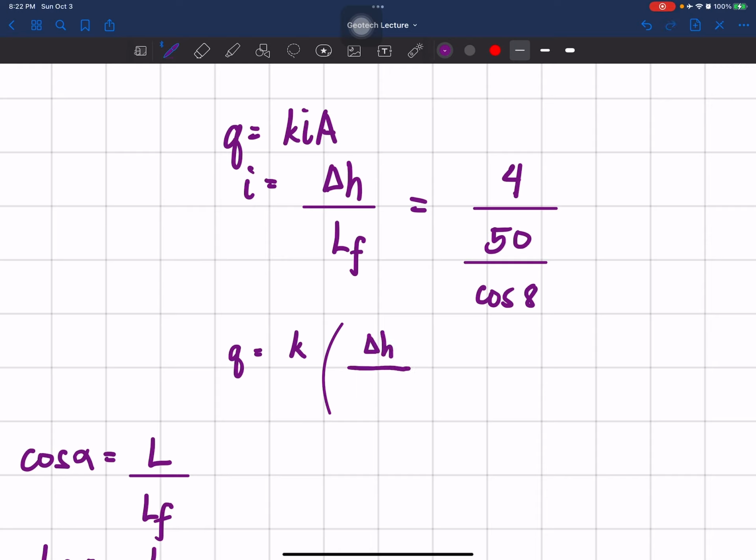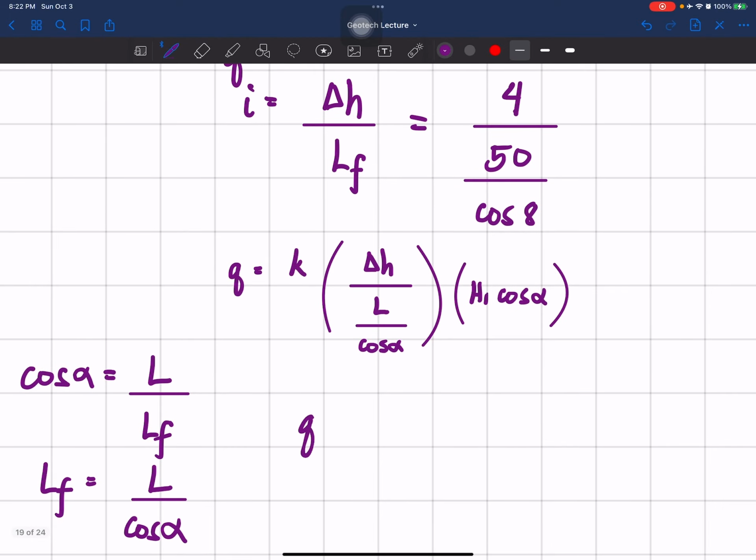Delta H all over L all over cosine alpha multiplied by A. What is our A? That is H1 cosine ng alpha. Ayan. So, substituting all values, we now have K, which is 0.08 times 10 to the negative 2 meters per second